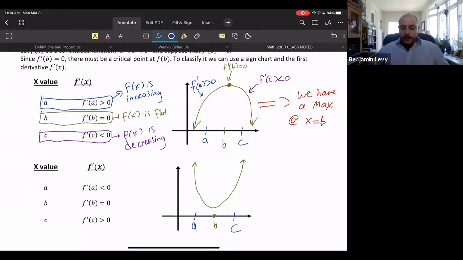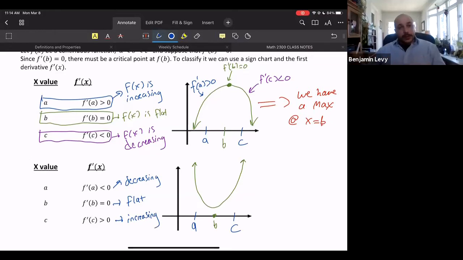Okay, so the first part then, instead of increasing, flat, decreasing, we have the opposite, right? Negative means decreasing. Zero means it's flat. And again, we're talking about the derivative. It's really important, because sometimes I just lose track of that since it's clear to me. Where the derivative is negative, that means the rate of change is negative. The derivative is 0, that means it's flat. The derivative is positive, that means it's increasing. And so